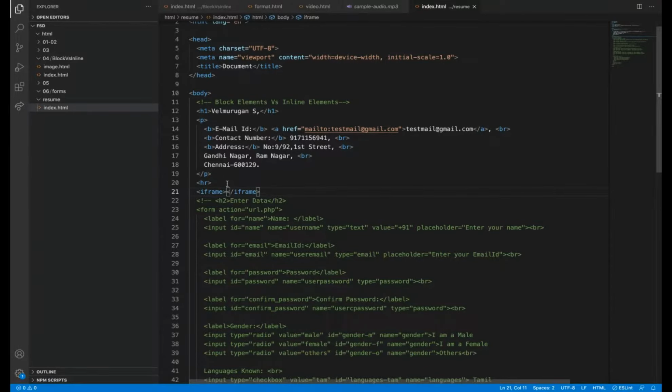And there are many types of forms and many things. There it is already developed by another developer or another company. We want to use it in our website. We are also going to use the same form. That time we want to use this tag iframe. So iframe also has the same source attribute like image, and then width and height.